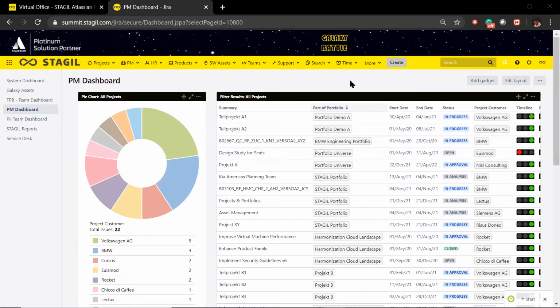Let's start first with the project management. So here we are in our project management dashboard that gives us information and graphs of the status of our projects. We will go now to